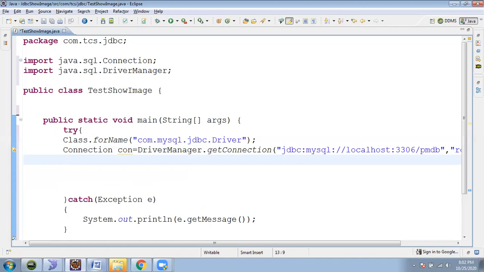Does it make any sense? Let me write this sys out again. Control space. What will be the answer? System printer connected.